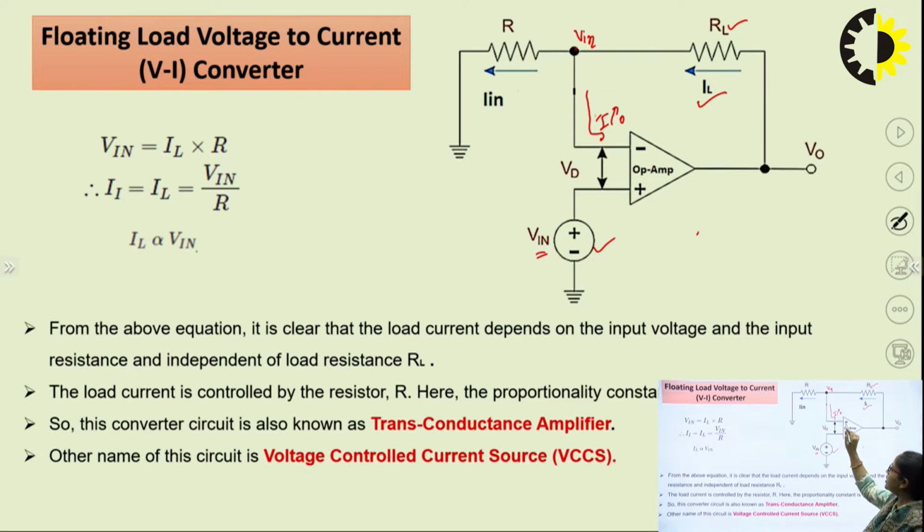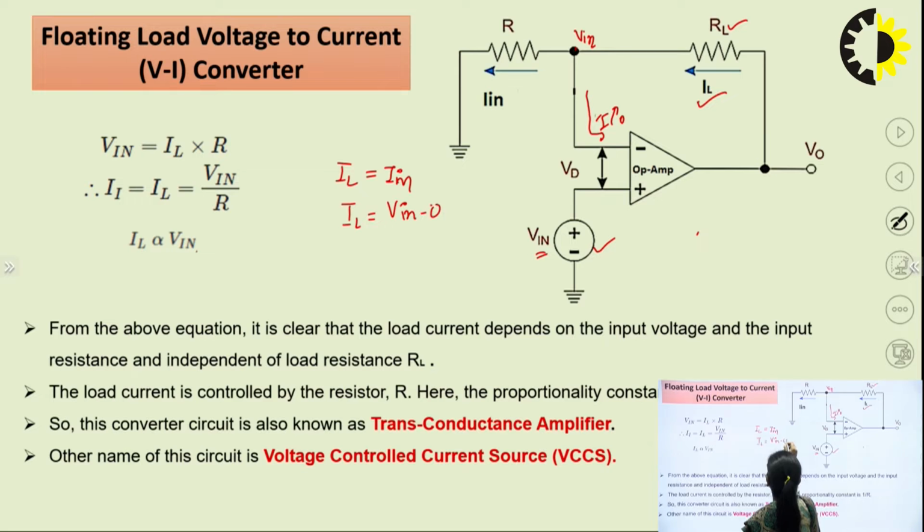So, the current entering inside the op-amp we always consider approximately 0. With the help of this concept, if no current is entering inside the op-amp, the current here is IL and the current here is I in, we can write IL is equal to I in. What we can say is that the load current is equal to the input current. The input current we can calculate, as it is flowing between V in and ground. So, I can replace this input current with